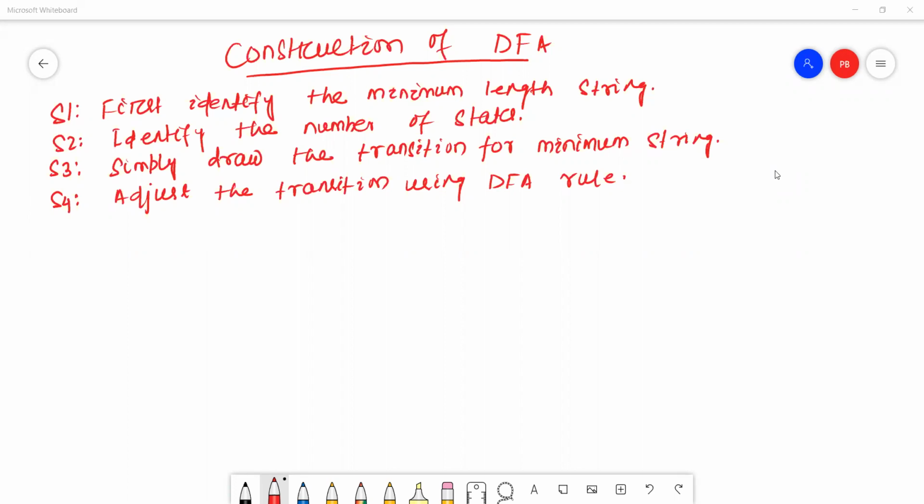In the previous class, we discussed the construction of DFA for substrings. But in this class, we'll discuss some different types of DFAs, for example, construction of DFA for the ending of a string. For example, design a DFA